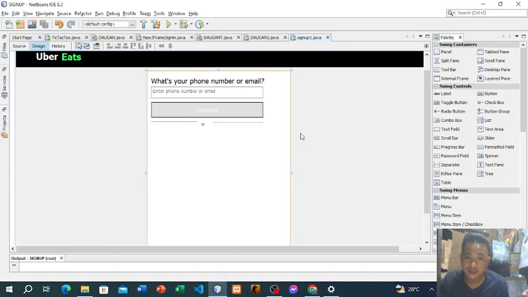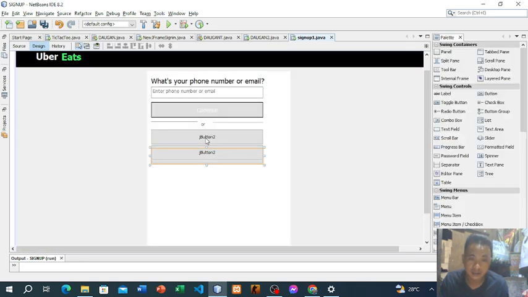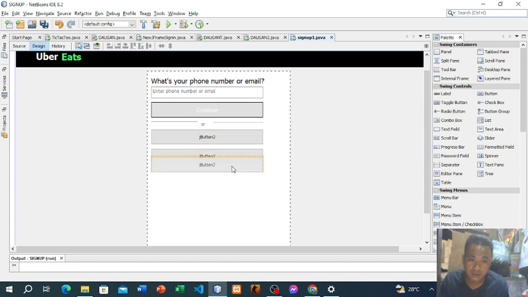So let's add 3 GUI buttons just like that. Extend, expand, just copy, paste, paste, move. Oh sorry, design, move. There you go.